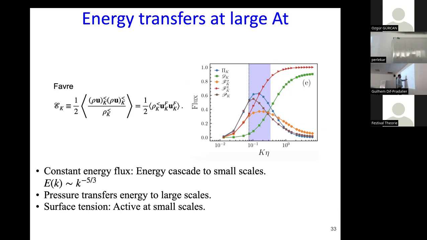You see, now the fluxes are starting to rise before the injection scale itself. What's happening here? That's because it so happens that in these systems, pressure leads to an inverse transfer of energy to mass. So when I first saw this, I was completely baffled because you typically don't associate transfer with pressure, because one is conditioned to think of deeply compressible flows or incompressible flows, which are constant density, whereas in variable density, pressure fluctuations are variable. Okay, especially at high Atwood number. That transfers energy to large scales.